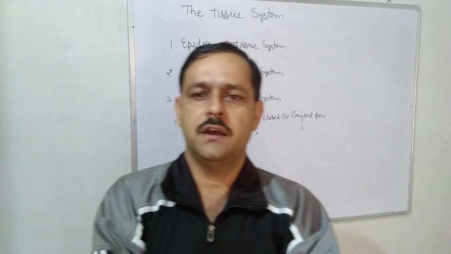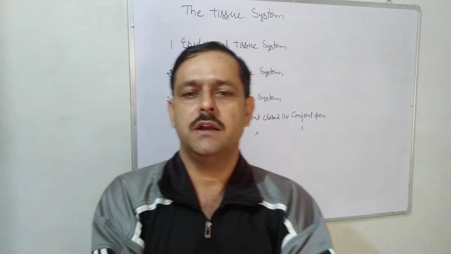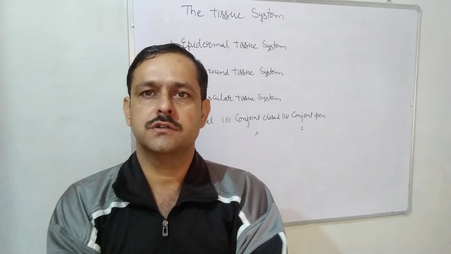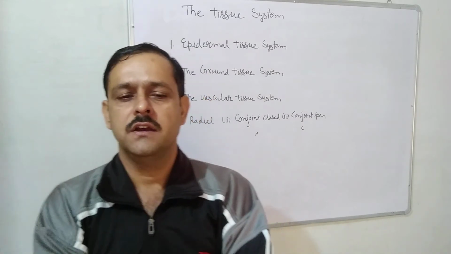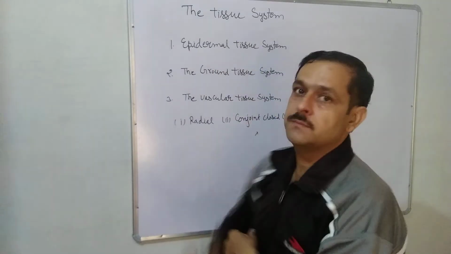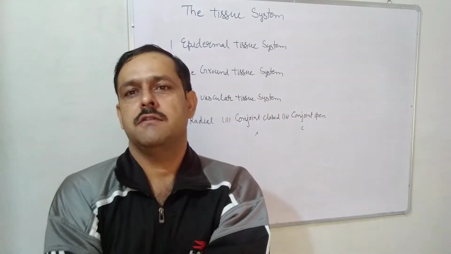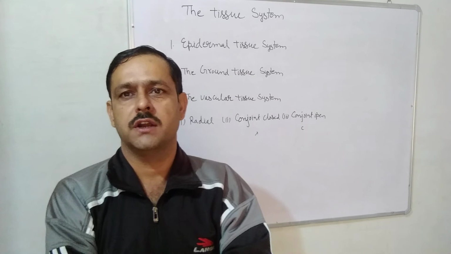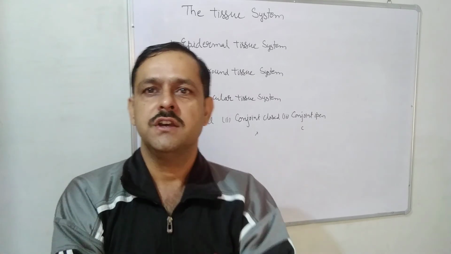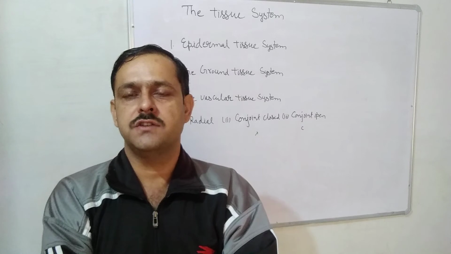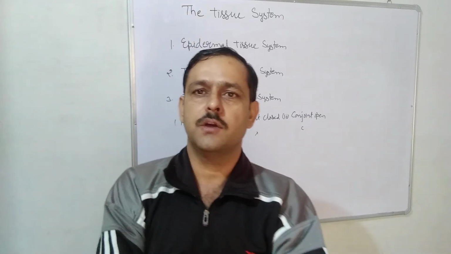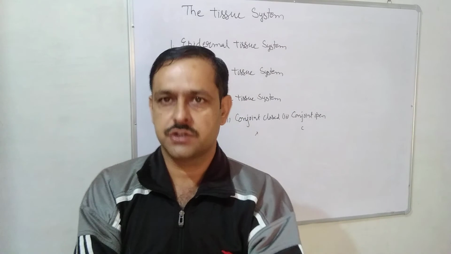We are studying anatomy of flowering plants. In this chapter, we discuss many types of tissues and their cells. Today's topic is the tissue system. What is a tissue system? When we talk about the levels of organization, the smallest unit of life is called a cell, a group of cells is called a tissue, and a group of tissues is called a tissue system.